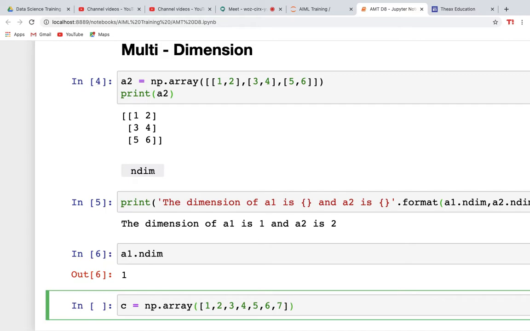This is my thing right now. I will define the minimum number of dimensions, that is, the number of dimensions minimum required. So what is the minimum number of dimensions required in this particular array? That I'll be defining here. So for that, what I do is,